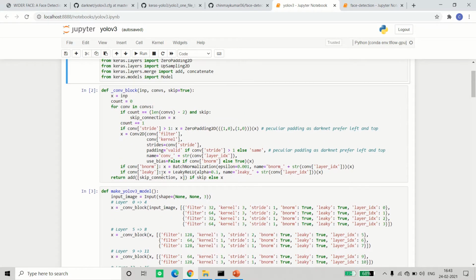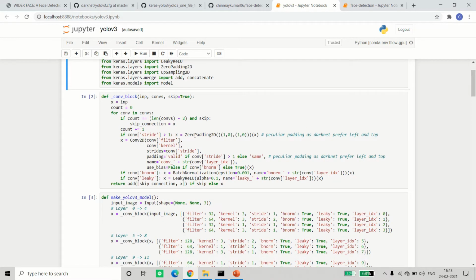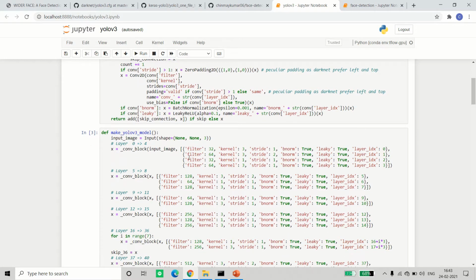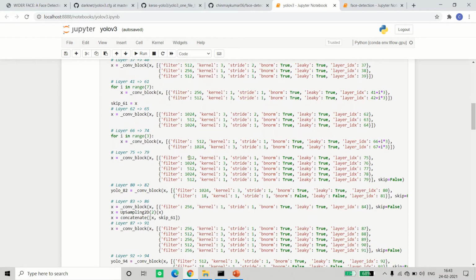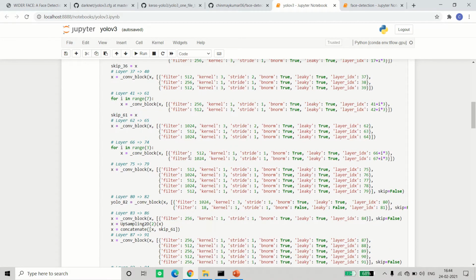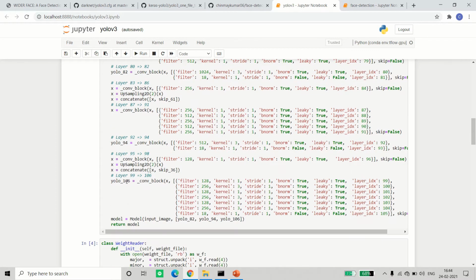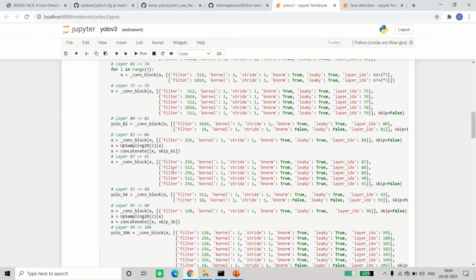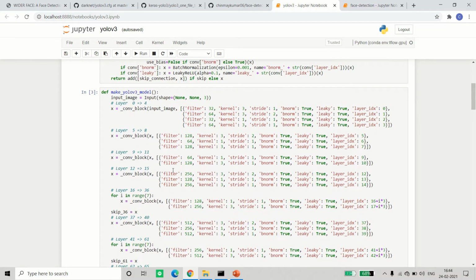First, as you can see, we have defined the conv block, so it's continuously repeating. There are many skip connections, just like GoogleNet. It has 1x1 convolutions, skip connections, and a very big network. The outputs are taken at three places: the first is YOLO layer 82, then at 94, and then at 106. Over here we have to make changes in the filters according to the number of classes, which we'll come back to later.